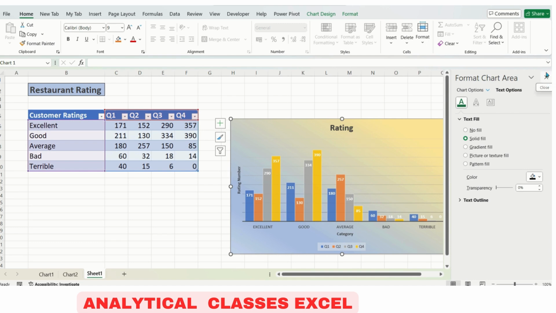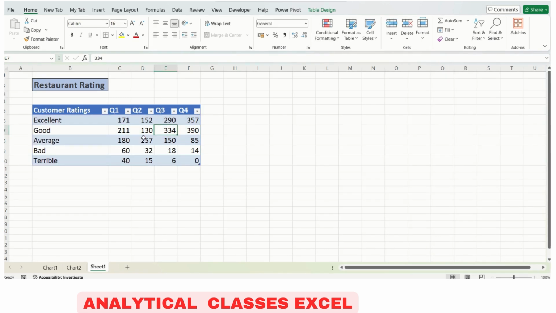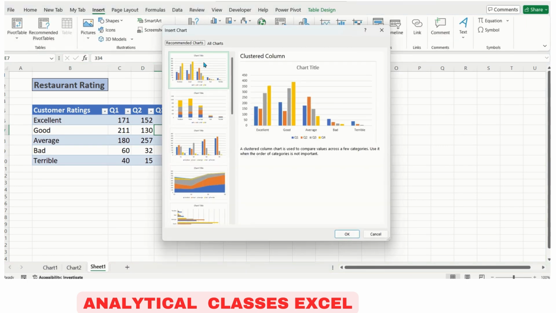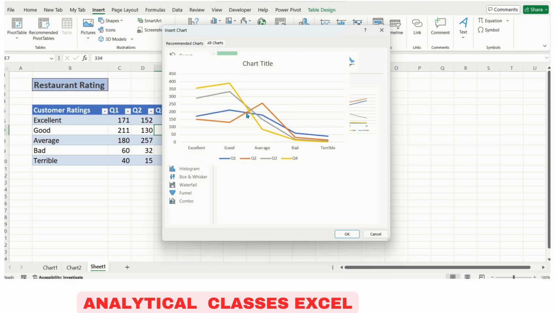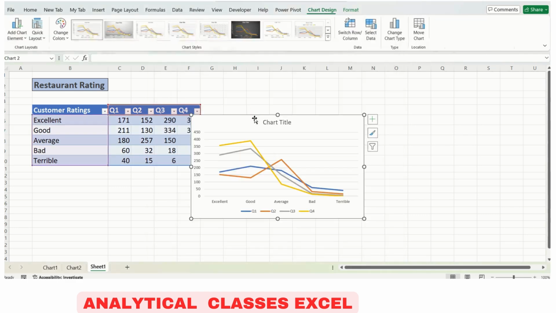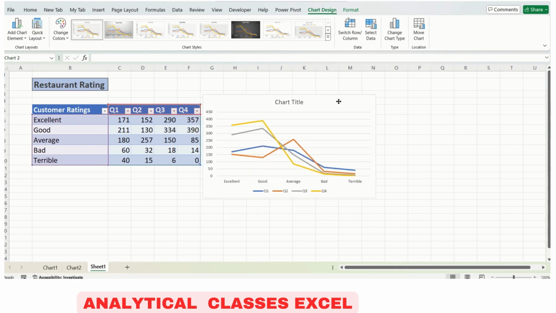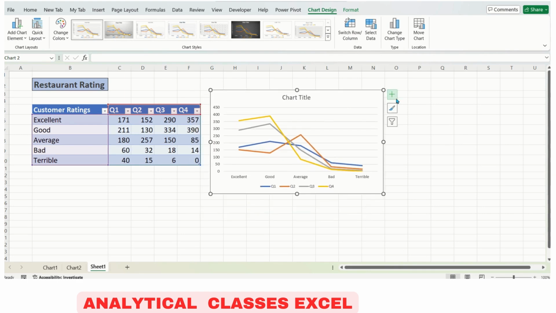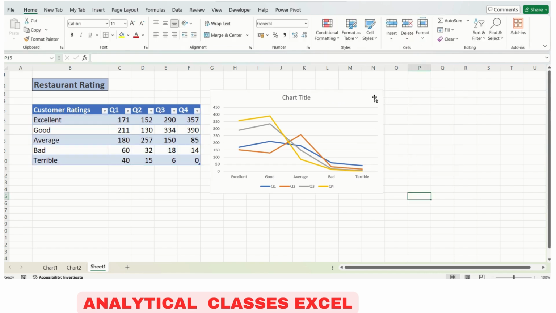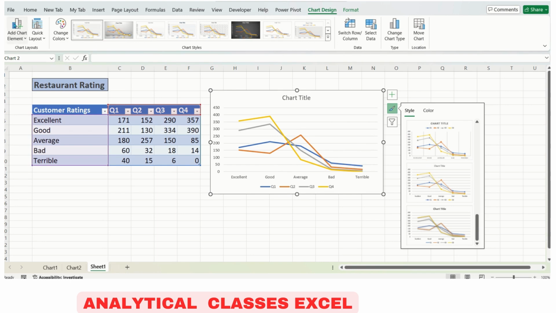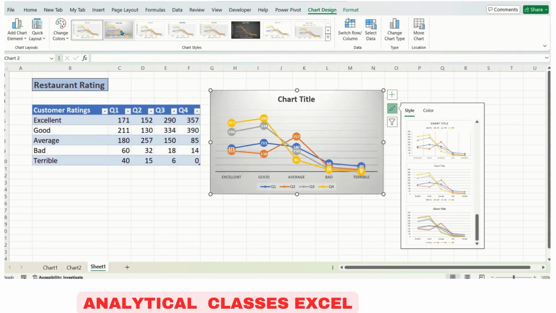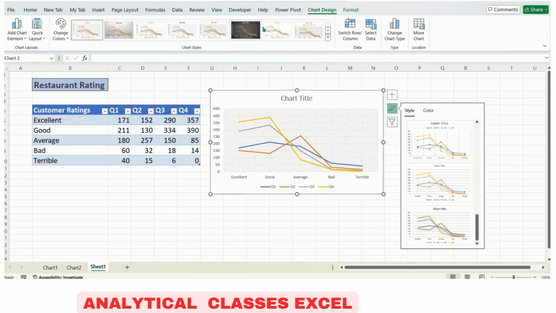So this is a column chart. So let's say my data is here and I'm going to insert, and this time I want a line chart. Inserting a line chart, all the options will be the same. Likewise, you can change the format of this chart as well, from the above given styles.